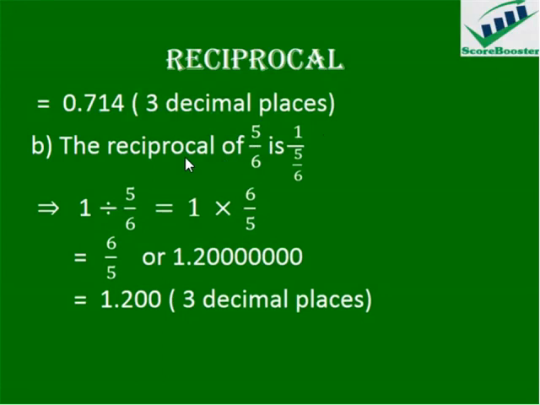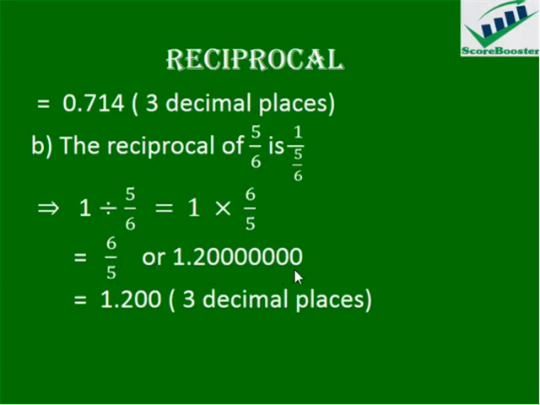So the next one says we should obtain the reciprocal of 5/6. And the reciprocal of 5/6, as we all know, is 1 divided by 5/6. You change this to multiplication, it's going to be 1 multiplied by 6/5, when your denominator has changed to your numerator, and your numerator has changed to your denominator. And 1 multiplied by 6/5 is 6/5. If you change this to decimal form, you have